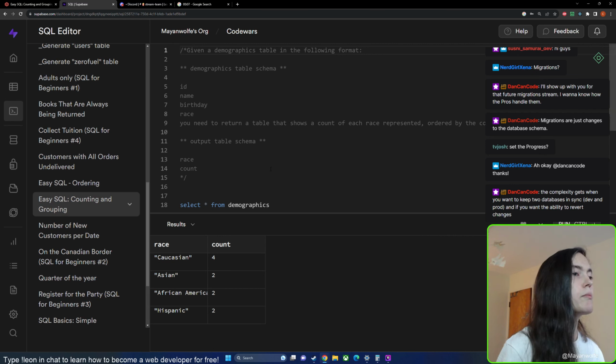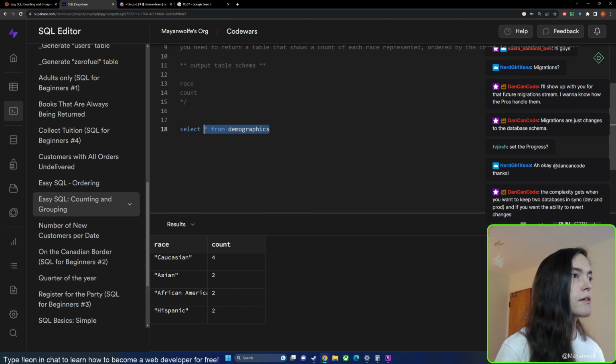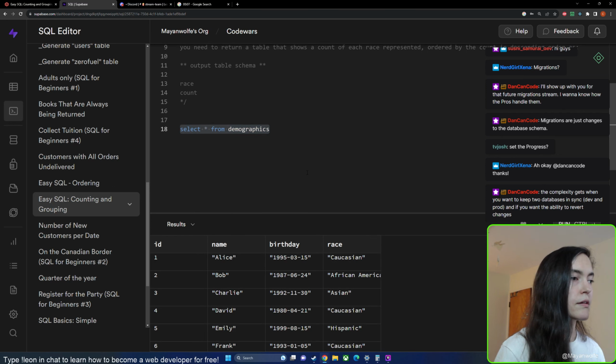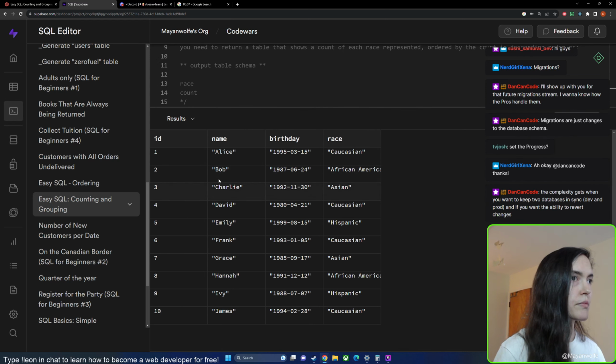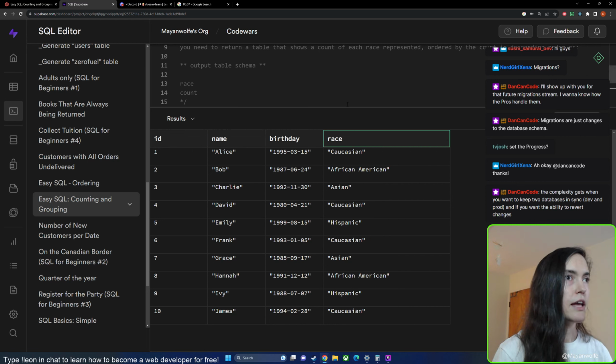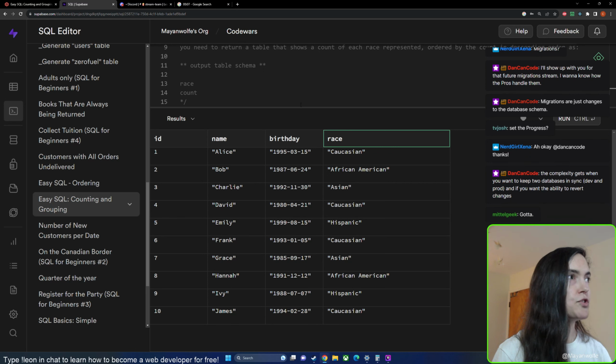Counting and grouping. Here we go. All right, so here's what our table looks like. And we can see we've got an ID value, we've got their name, we've got their birthday, and we've got their race. And what they want in the end is just 2 results, one column for race, 1 column for